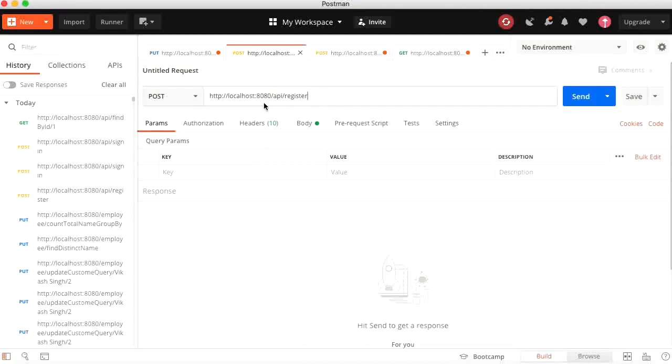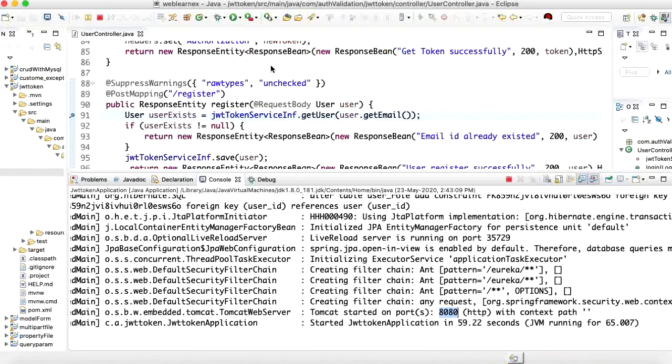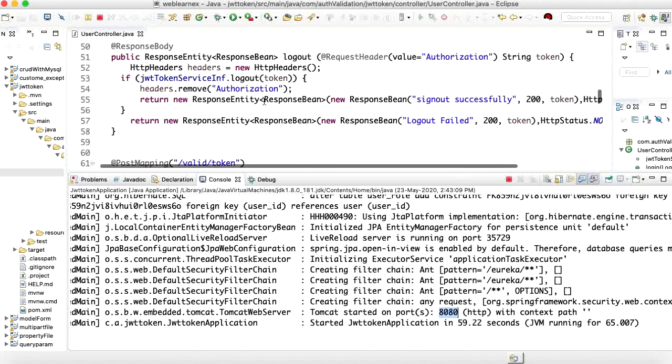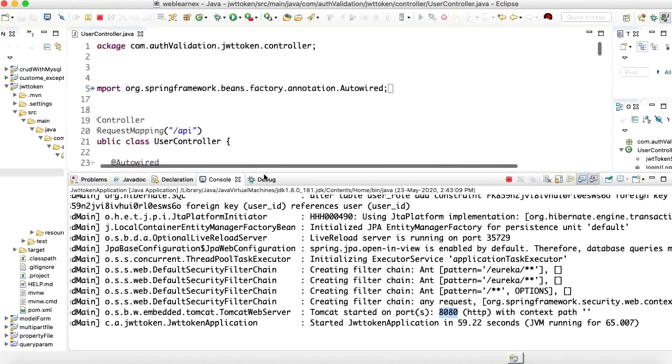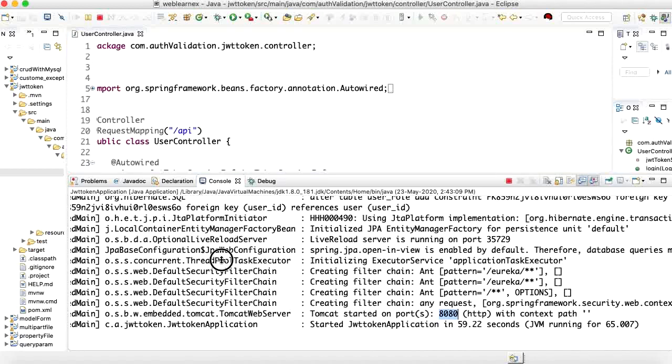In Postman I first need to register a user. So let me show you the endpoint. For registering a user, I have added the global endpoint in the API.